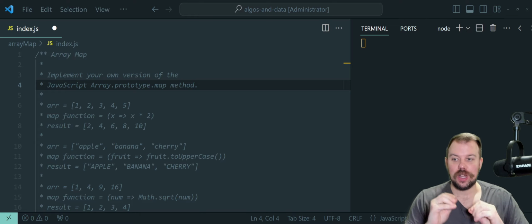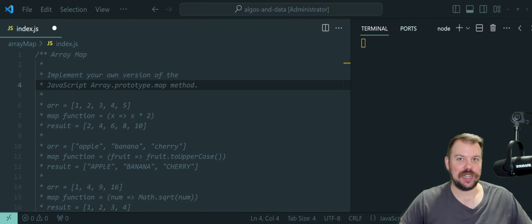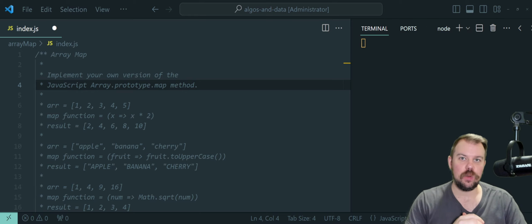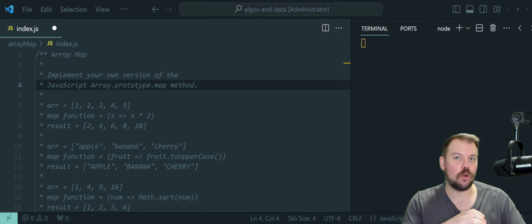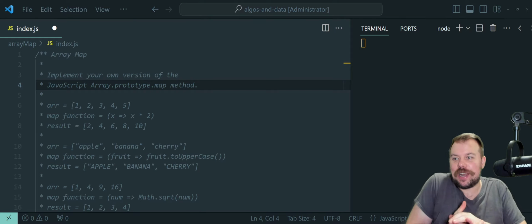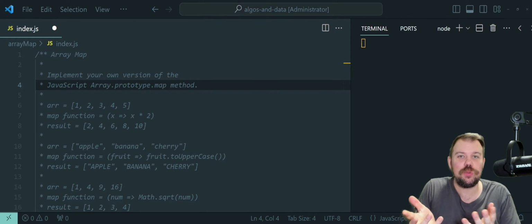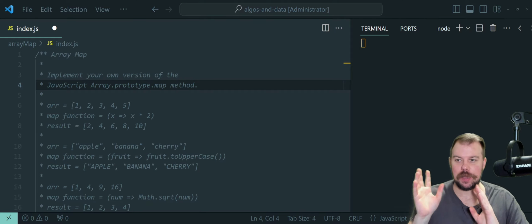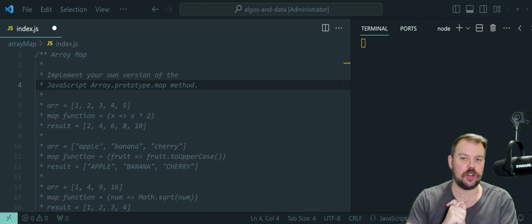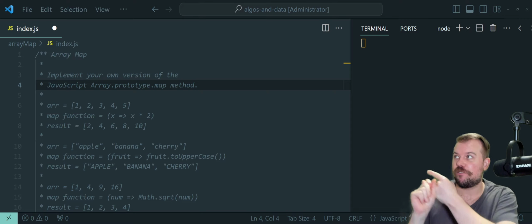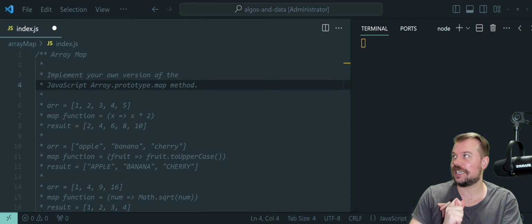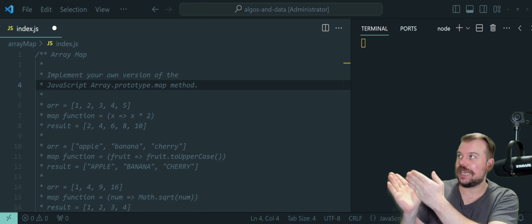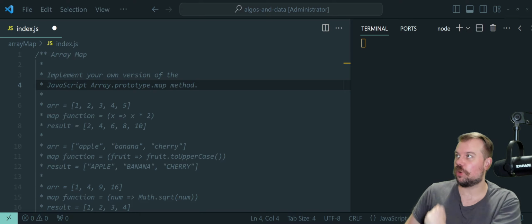All right. So let's map our way to victory in JavaScript, right? So it's going to be DIY time in the wizarding world of arrays. We're about to forge our own custom map. Imagine we're an alchemist turning ordinary metals into gold. So here's a blueprint for what we got to do, right? The purpose of an array map is to transform each element of an array using a provided function. In the examples here, we see things like the map function, uppercasing strings, multiplying numbers by 2, or grabbing their